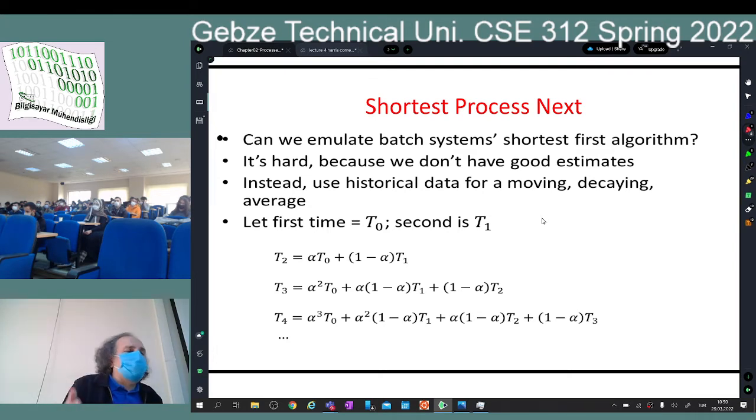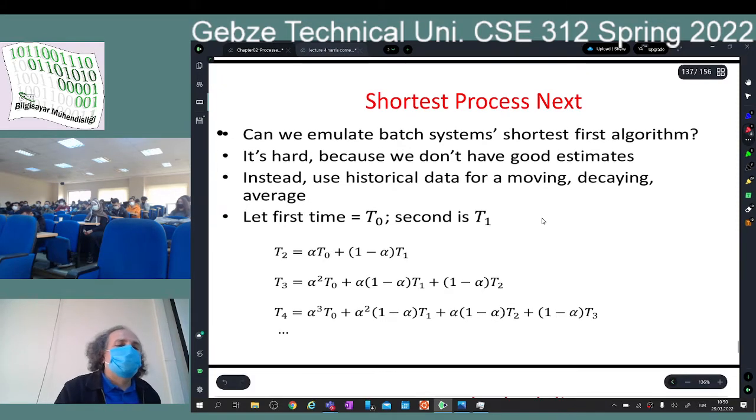How are we going to do that? As the operating system, I know that the last time I gave the CPU to that process, it used, for example, 20 milliseconds of CPU time. Previously, it used 15. Maybe I can take a weighted average of these two times to make a decision on how long it's going to use the CPU this time. It's just a very, very approximate guess. There are no guarantees that it's going to use that time.